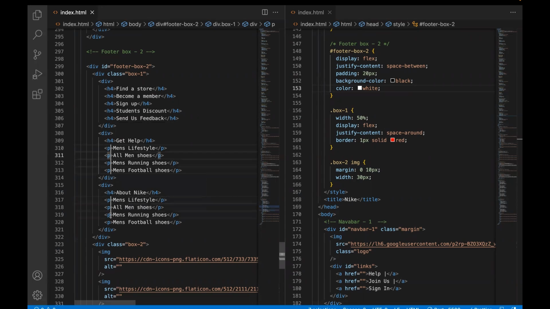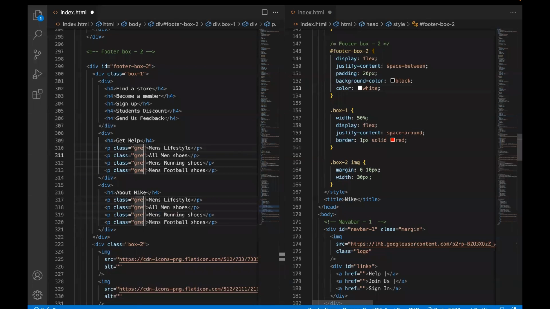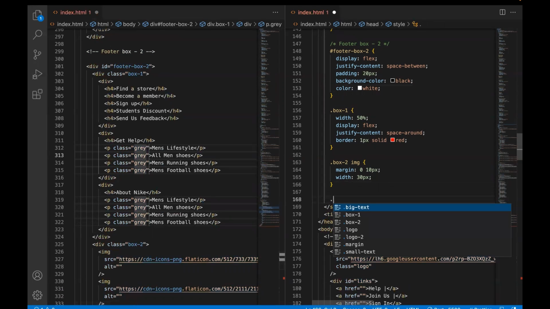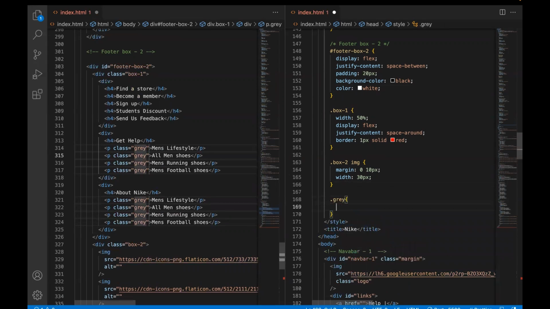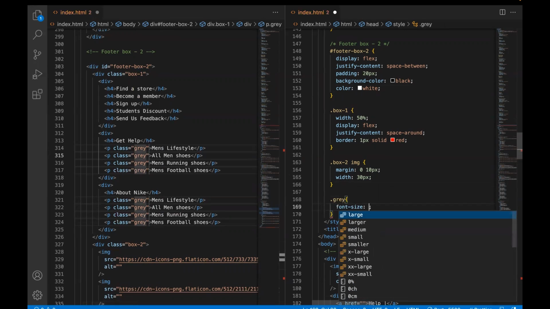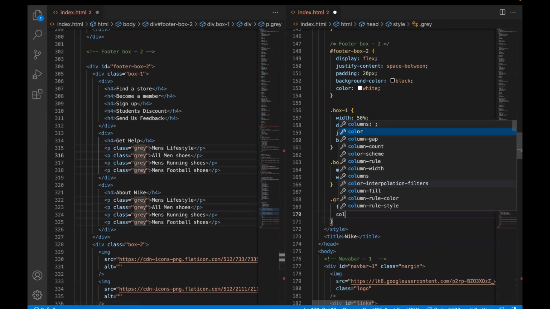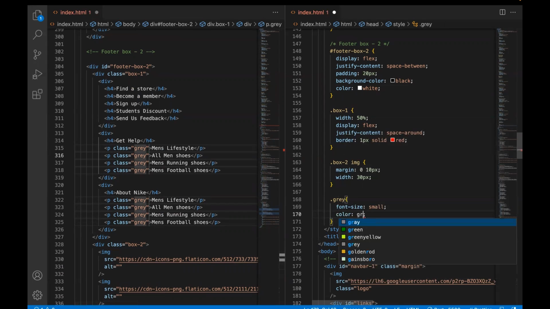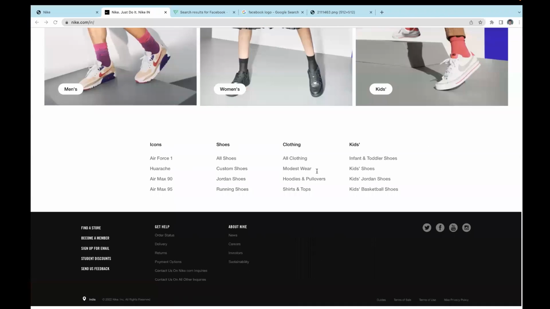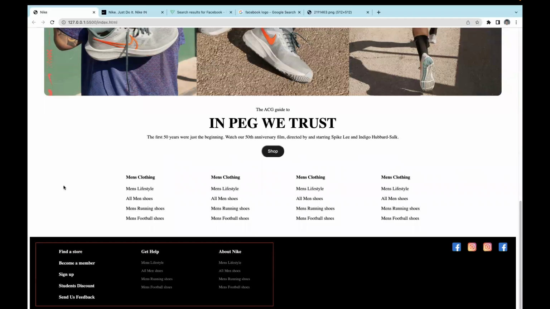P, whatever text we want to make it color as. We can give a class, let's give gray. Give a class as gray, and gray color we want, font size small we want, and the color we want somewhat gray. If we go and look, good,